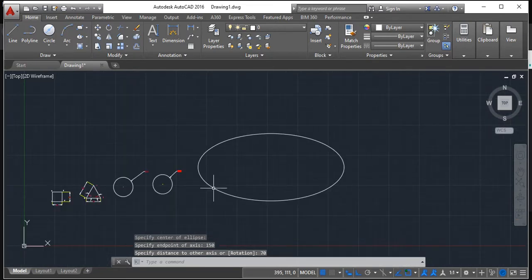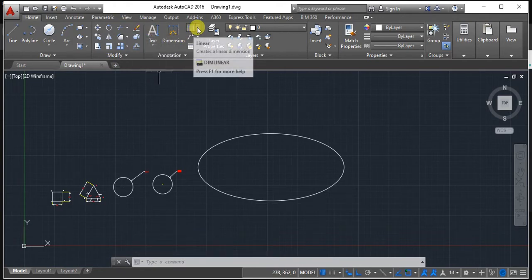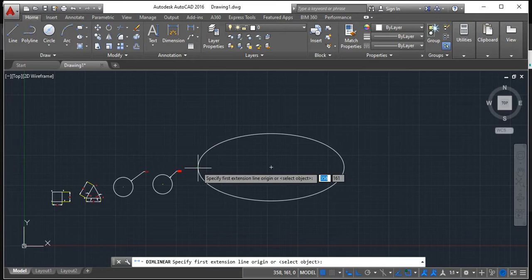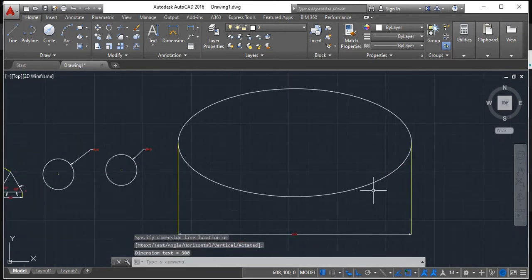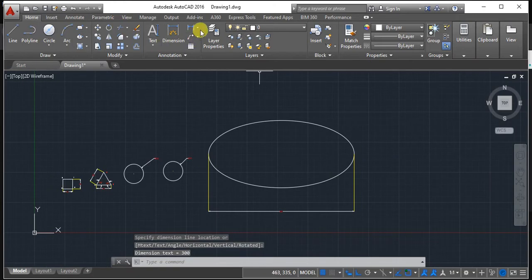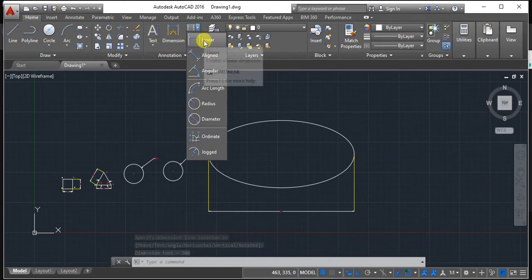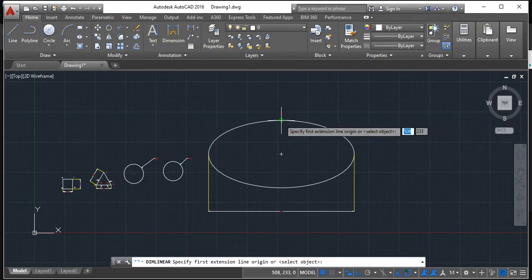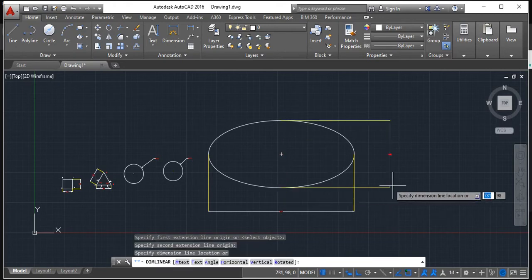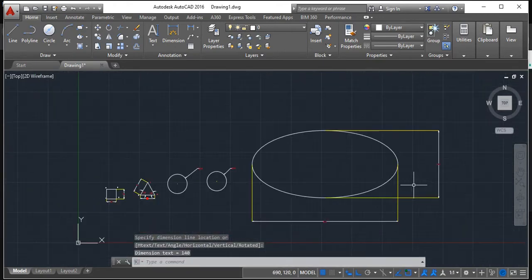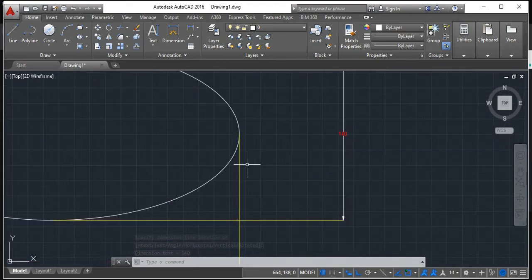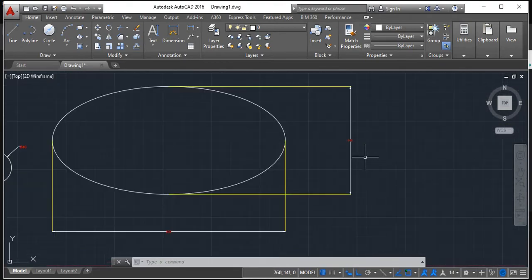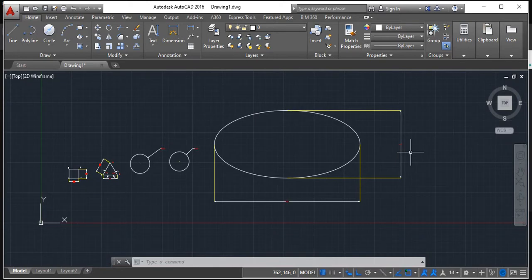But you cannot define anything related to this except the linear dimensioning, right? Except the linear dimensioning, you cannot make anything associated with this. So give a dimension like this. Always make sure the smaller dimension should be interior and, sorry, whatever the larger dimension should be exterior. This is 300 cross 150 because it has considered the radius, not the diameter, right? This is how you can make it.